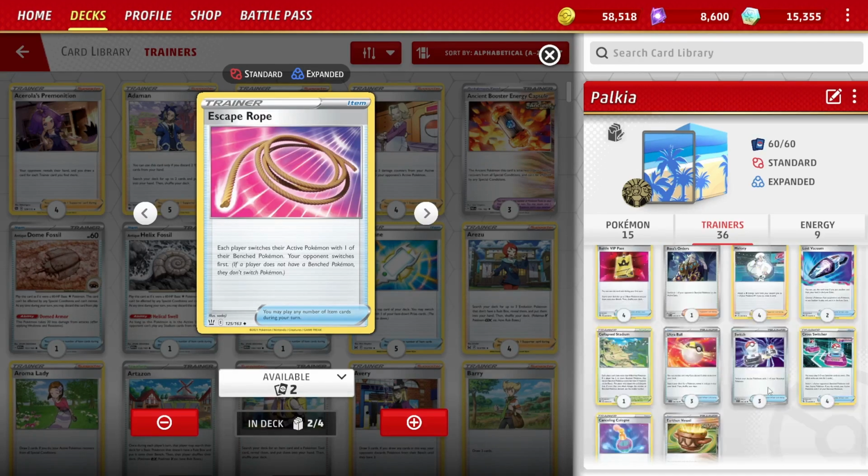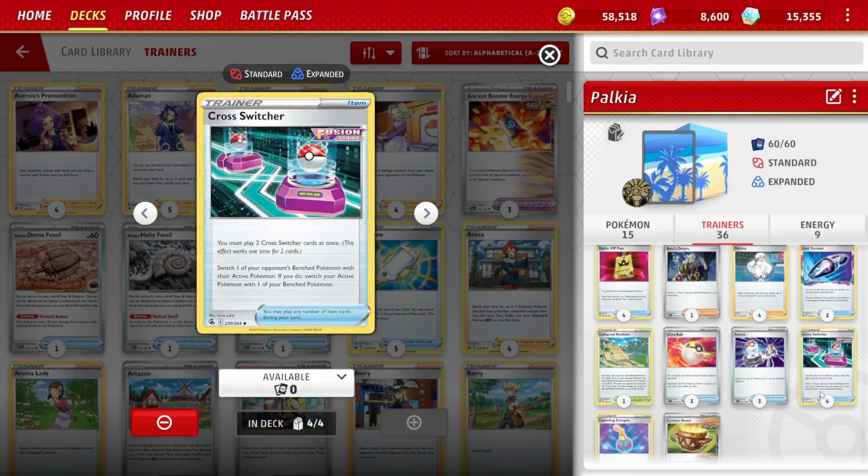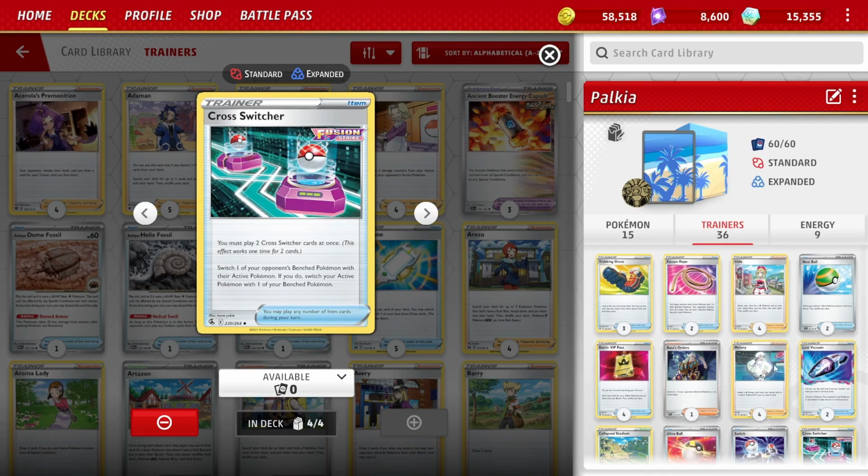2 Escape Rope for switching, as well as 3 switch cards, and 4 cross switchers, which provides Gust as well as switch, right? Cross switcher, you have to play 2. You switch your opponent's benched with their active, then you switch your active with your bench. You switch your opponent, then you switch yours. The way they word it, your opponent's bench to active, yours is active to bench. I don't know. Maybe there's some special logic behind that phrasing, but it does, it's a boss and a switch